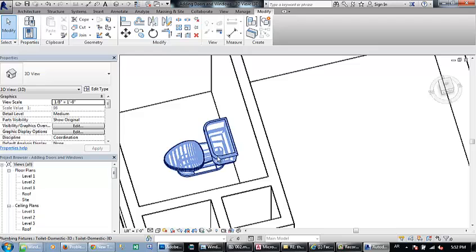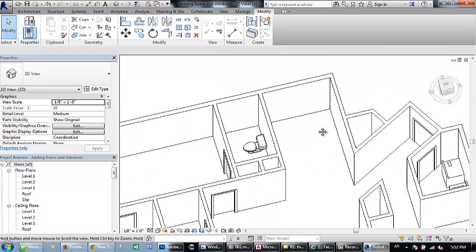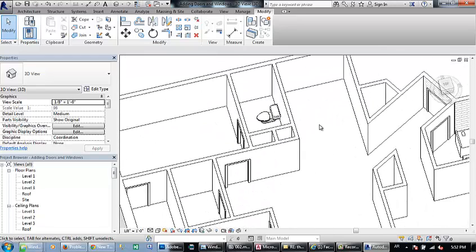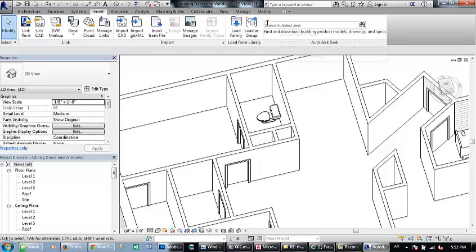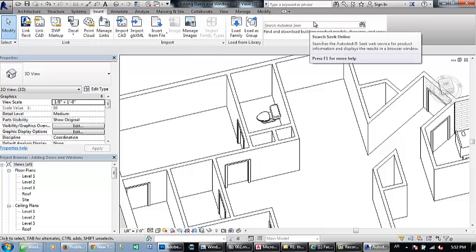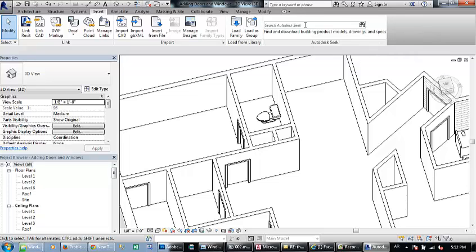Now, what if you want to put one of the components and you don't find it in the library? Suppose that you want to add a special kind of tap and you don't find it in the library. In this case, go to the Insert tab and use the Search Autodesk Seek. Don't get confused between this one and this one. This one is the Help Search and this one is the Search Autodesk Seek. So if you, for example, type a tap,